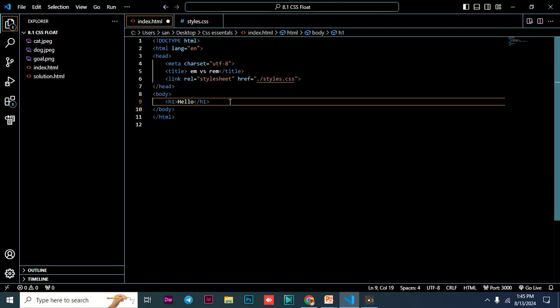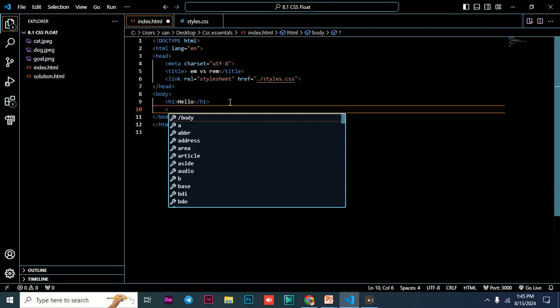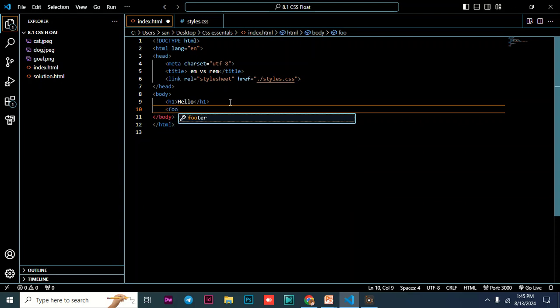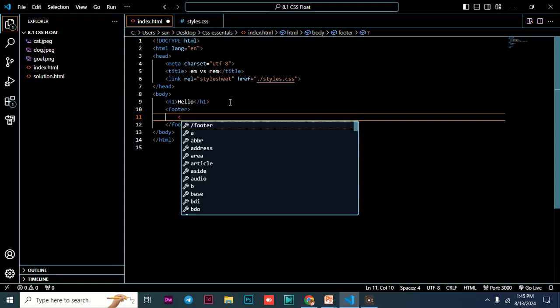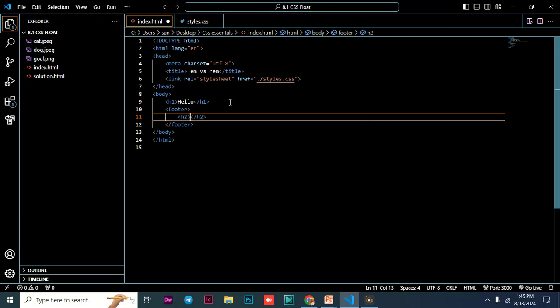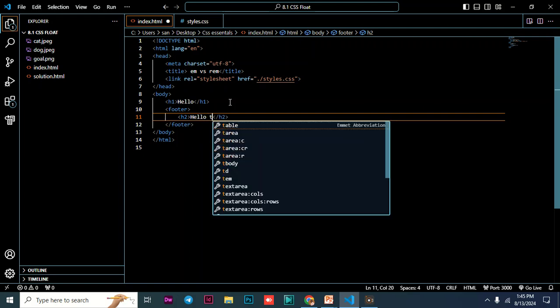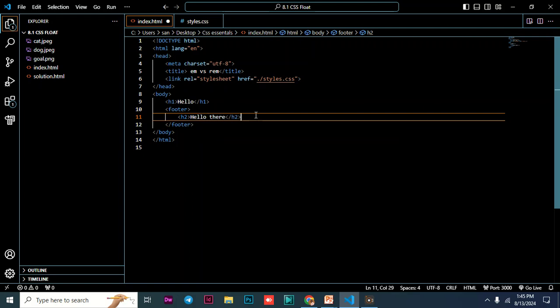And then the second element, that is h2, I want to use the footer. And in the footer, I want to position the h2 inside there, and then the h2 will read hello there. And now in this particular case, I'm going